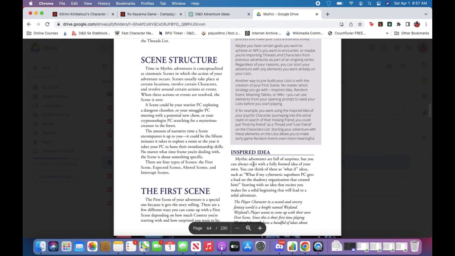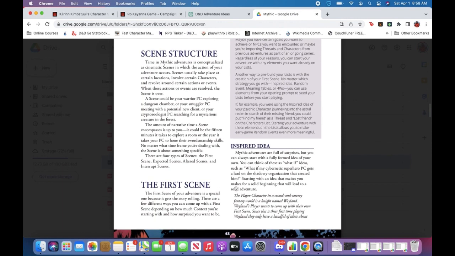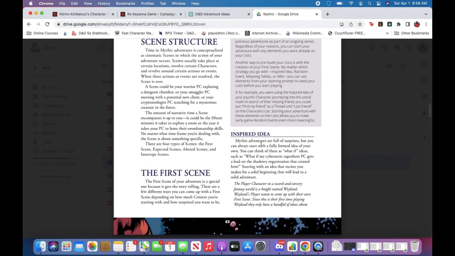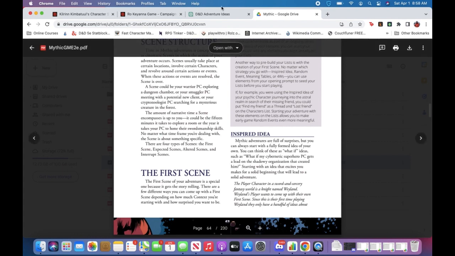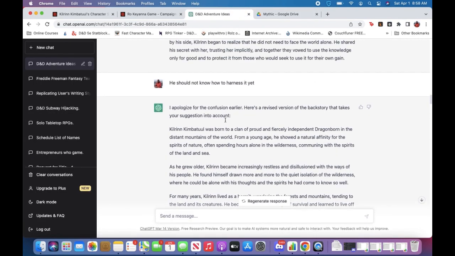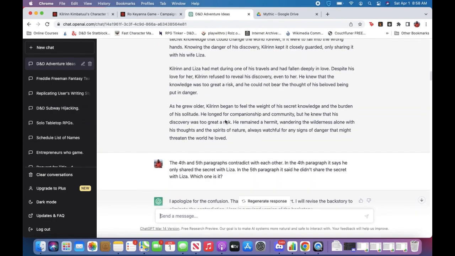The first scene of your adventure is a special one because it gets the story rolling. There are a few different ways you could come up with a first scene, depending upon how much context you're starting with and how surprised you want to be. So the first way you can do it is by inspired idea, and that's pretty much what we did. So it says mythic adventures are full of surprises, but you can always start with a fully formed idea of your own. So we used ChatGPT to come up with the idea,